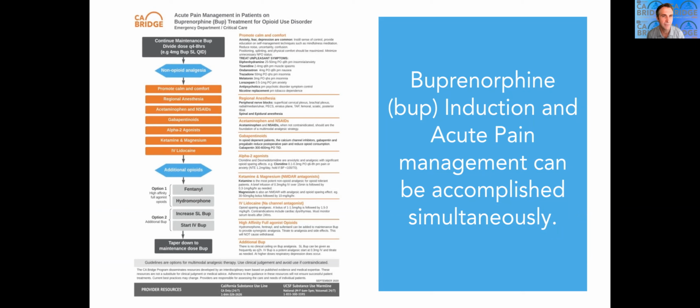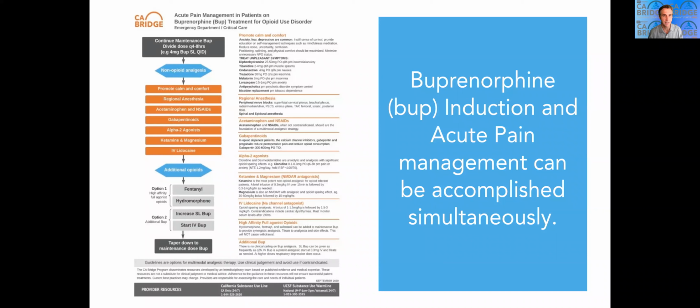Ketamine, I could give a whole lecture on ketamine and opioids. It is lock and key. It is just perfect. Everything that opioids do that is bad, hyperalgesia, tolerance, desensitization of receptors, is reversed. Depression is reversed by ketamine. So it's not about sedating them so they don't notice the withdrawal. No, ketamine very actively treats withdrawal.